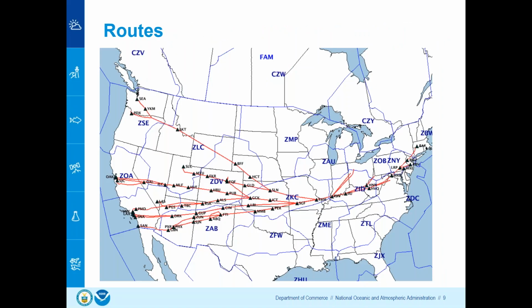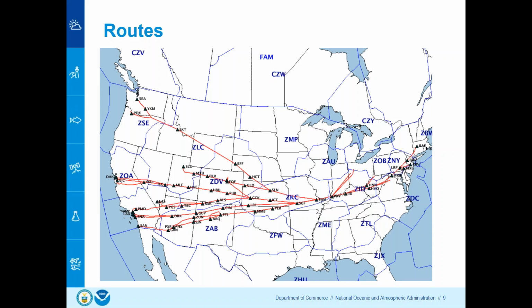So as I mentioned, they have a playbook of routes that they can refer to. This is just one example that I pulled from their playbook. So if there's weather somewhere, they can convey this information to the airlines and get everybody on the same page so they're routing around weather instead of trying to fly through it. So you can see this playbook in particular takes all the traffic coming from the west and merges it right through into Kansas City Center and then eventually spreads it back out.